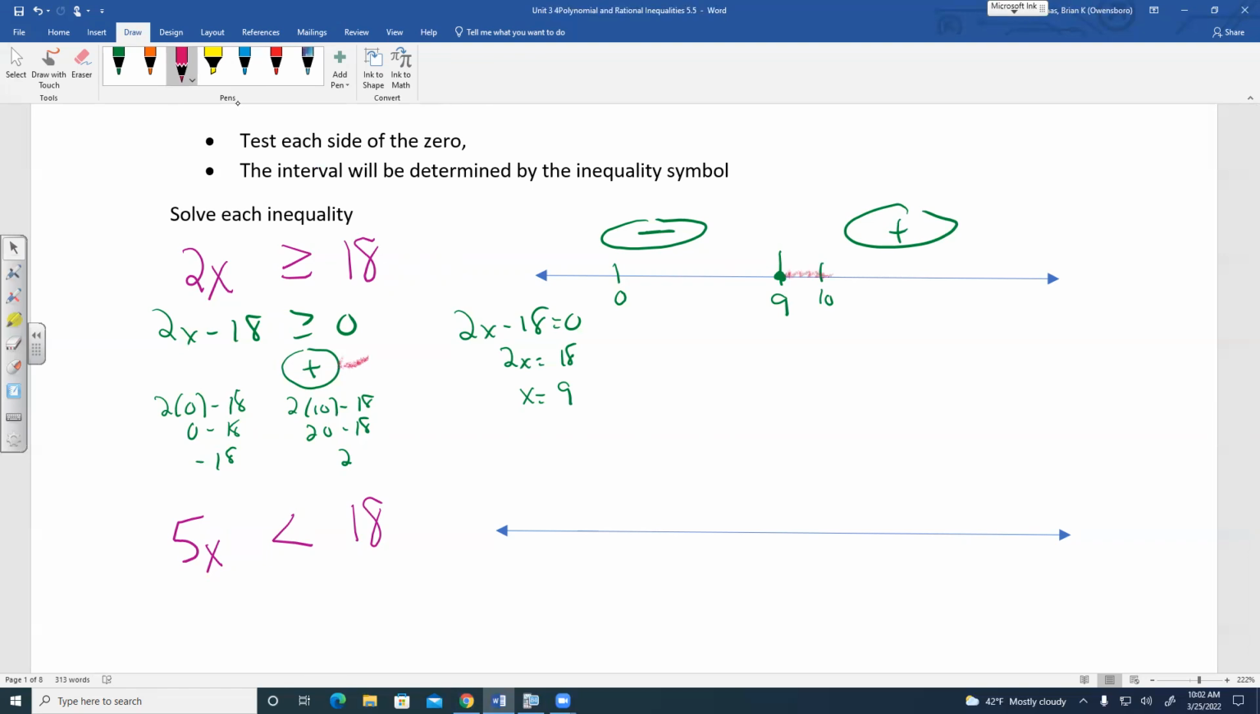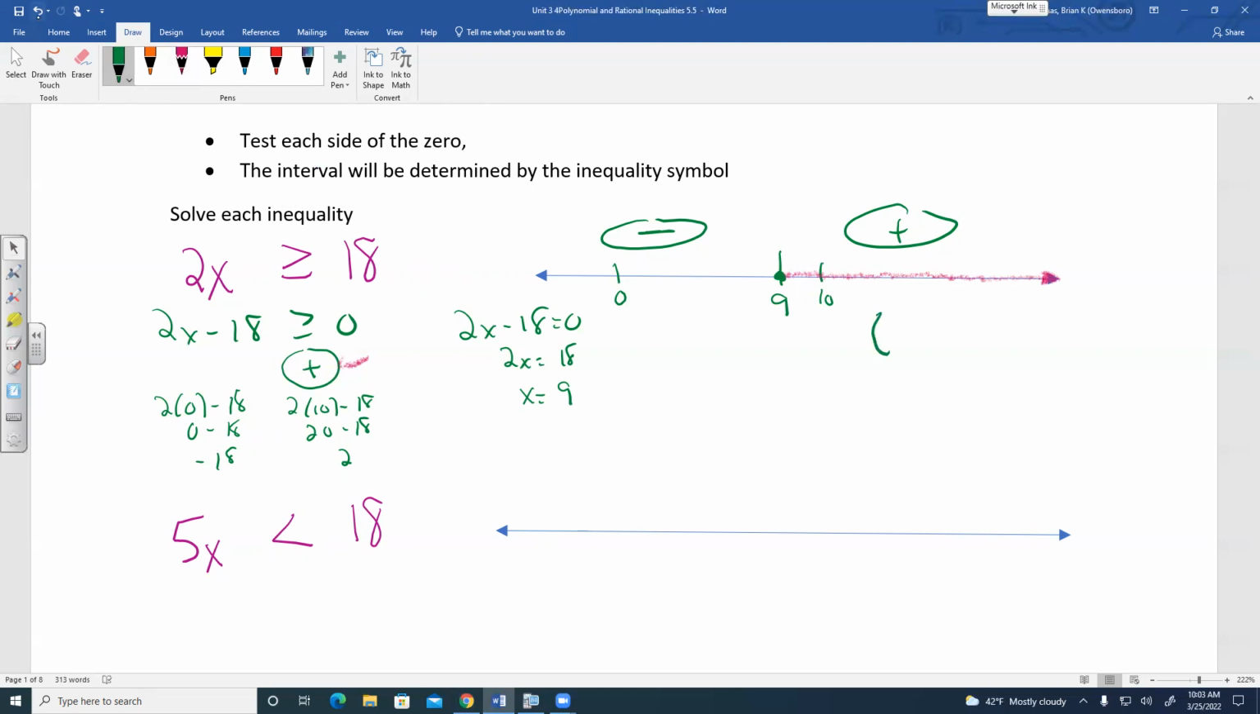So what we do is we shade to the right of 9 as well. That's going to be where our solution exists. So our answer, using interval notation, our solution to this problem will be then,